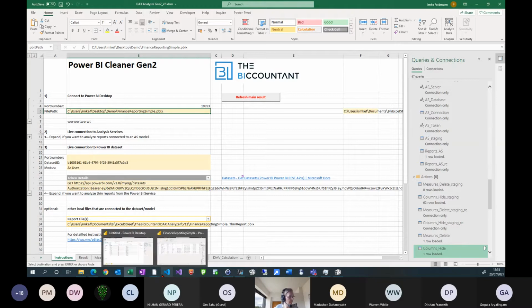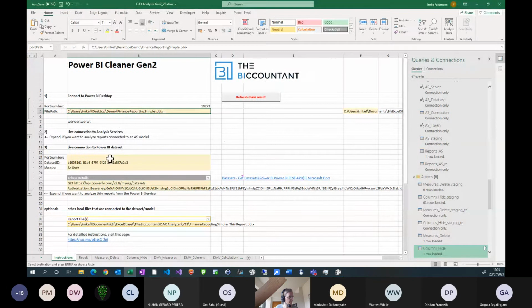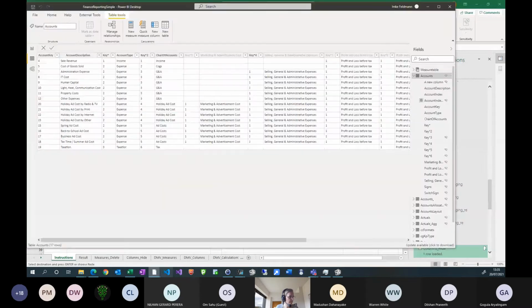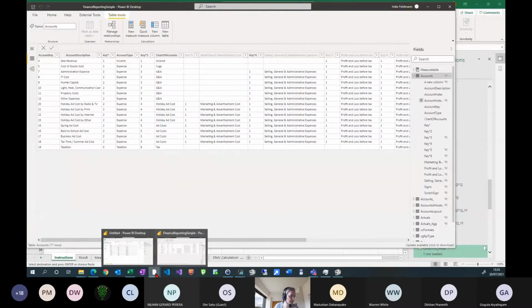So if I publish a dataset into the Power BI service, I can then reference this dataset from multiple different reports. And of course, it would be a big mistake if I delete all the measures that have only been used in the main report,